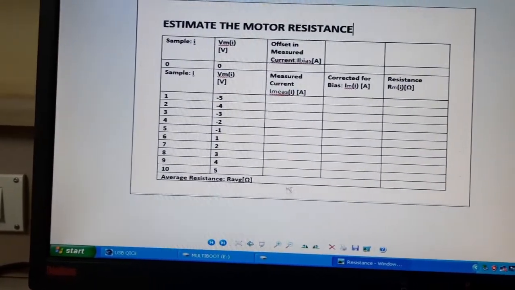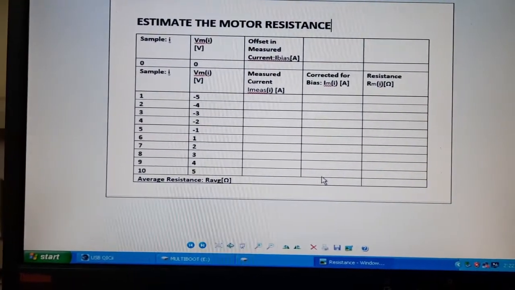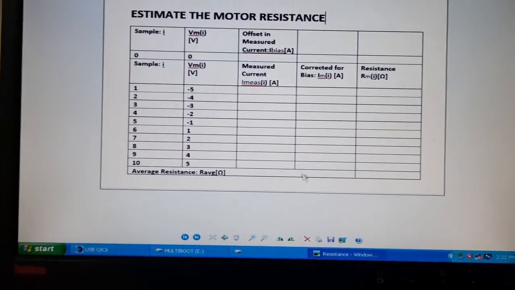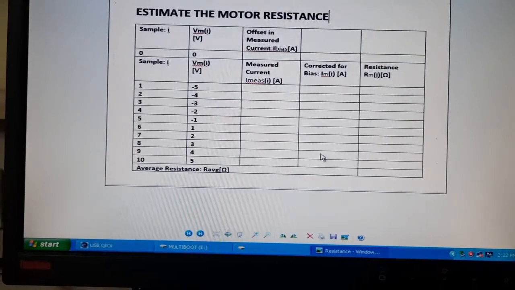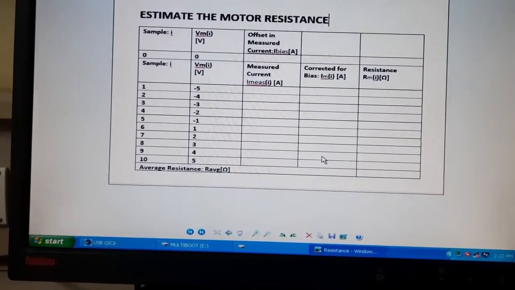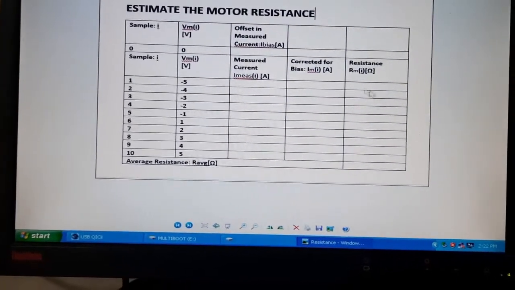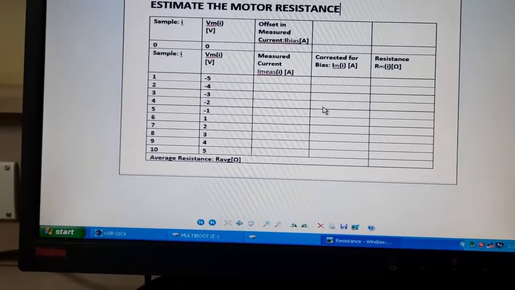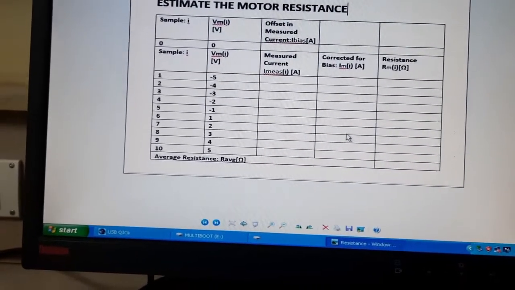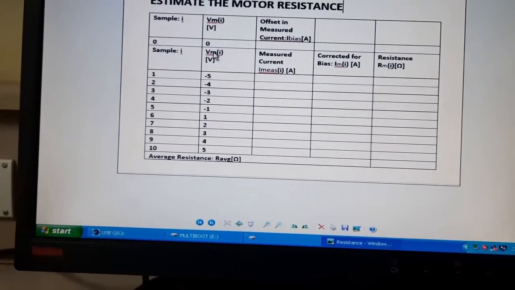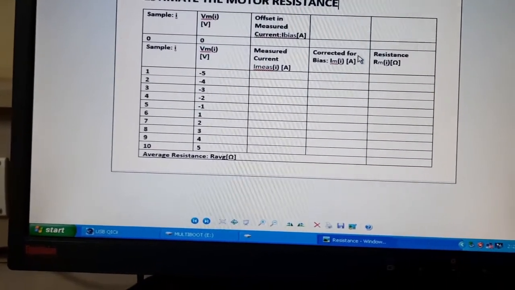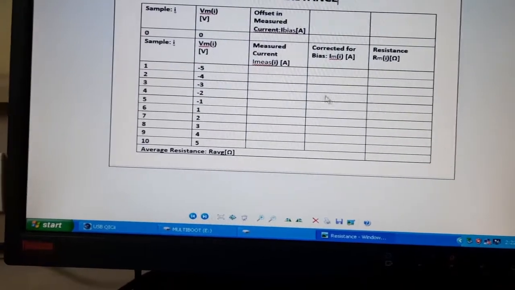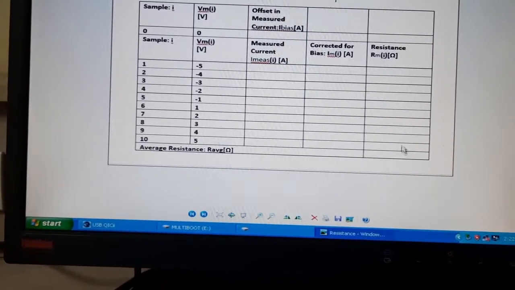So 0.4 minus 0.032 will be our corrected current. Now we have to find out the resistance. To find out the resistance, we know the formula is V by I. So this one is V, divided by this corrected current.